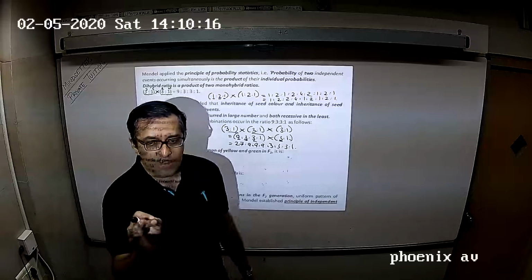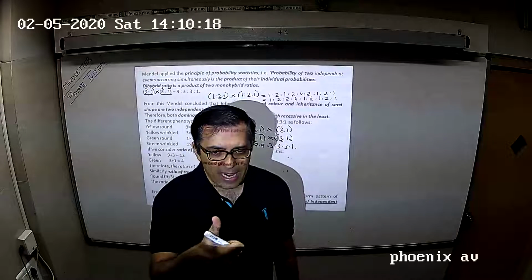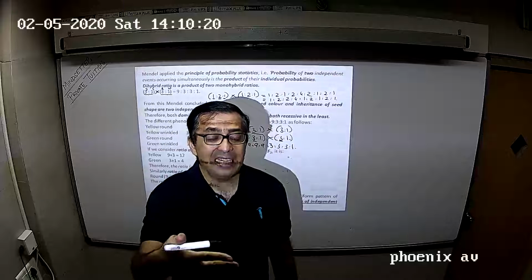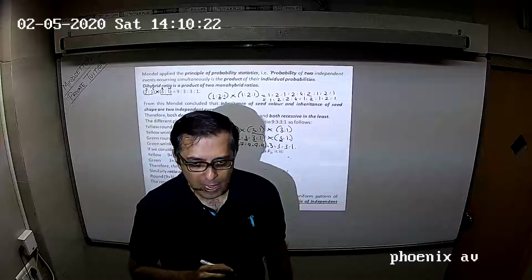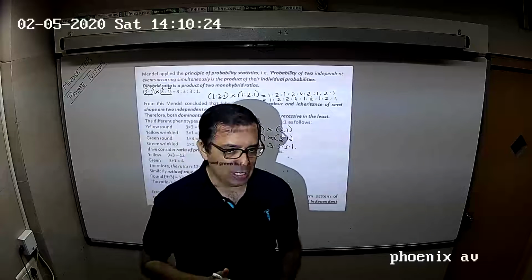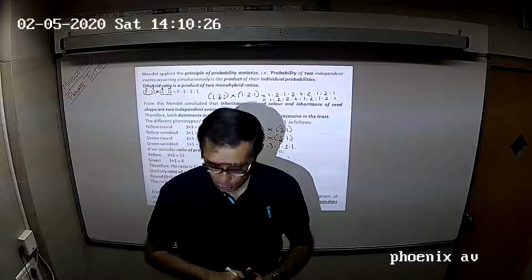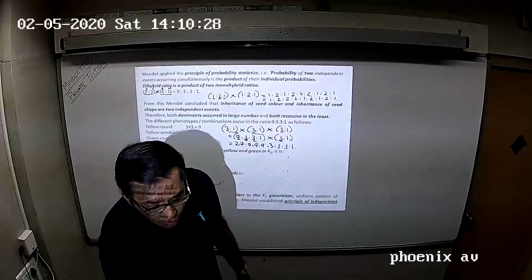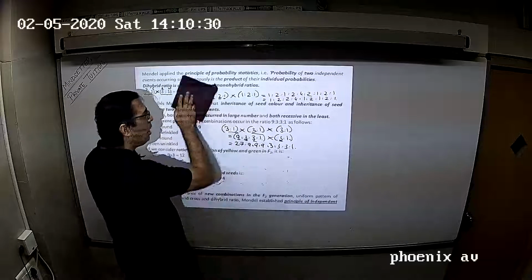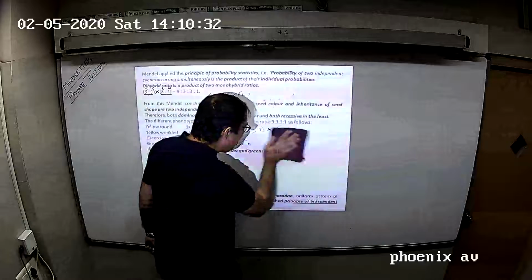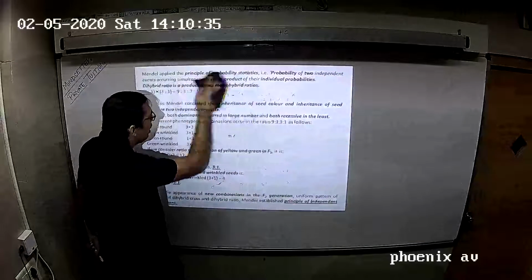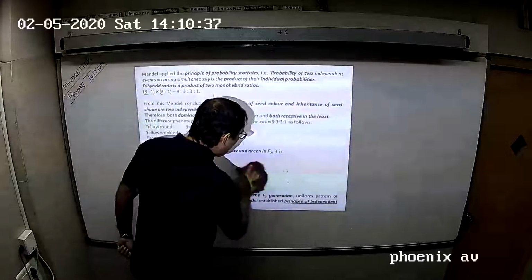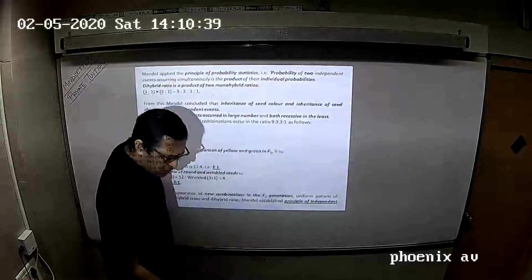So this becomes Mendel's monohybrid, dihybrid and trihybrid phenotypic ratios, which we have analyzed over here. So this was Mendel's beautiful work, and Mendel then concluded everything with the help of a beautiful cross,